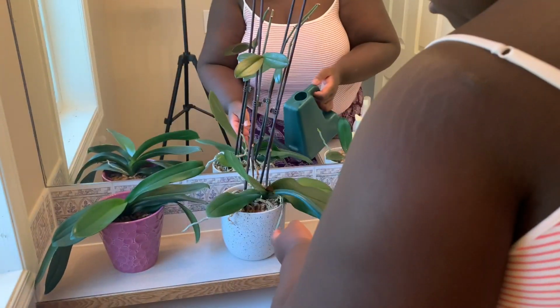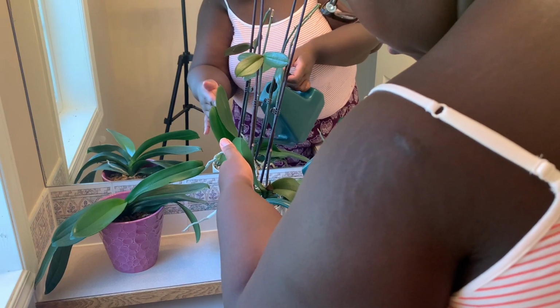So the reason the orchids do really well in this room is that there's brief morning sun that's filtered because of the privacy screen on the window, but they love it in here. For watering,